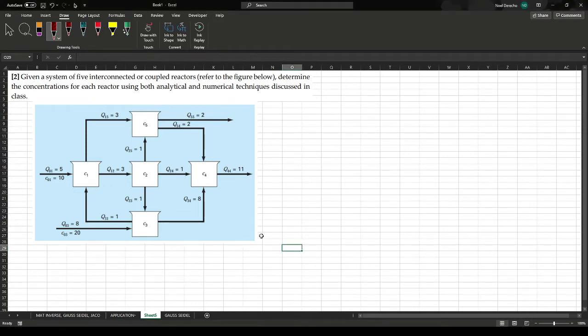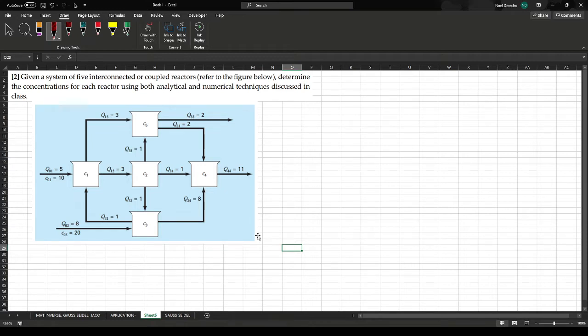So let's continue again with another problem. Here, this is an engineering application, specifically for chemical engineering. So I think this is fair, no, because I'm mechanical, you're a computer. However, in this problem, we have a system of 5 interconnected or coupled reactors, to which each reactor